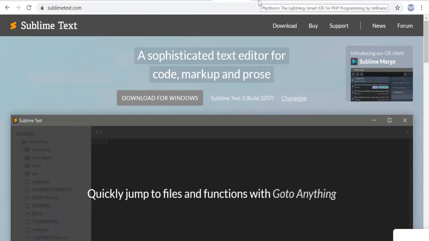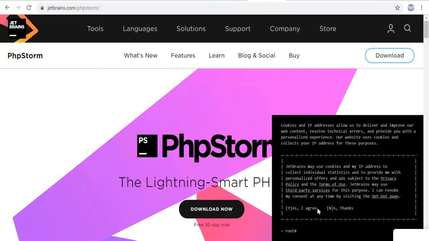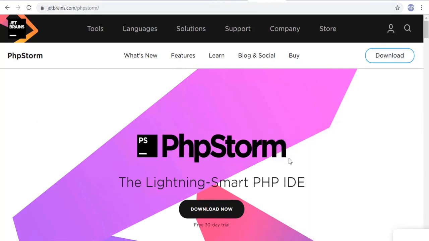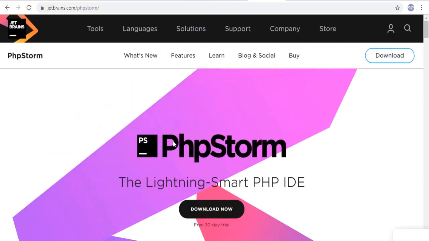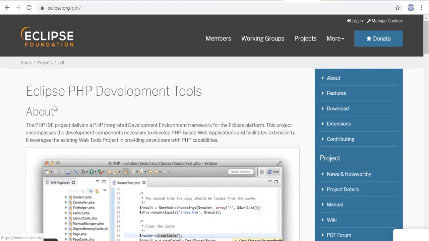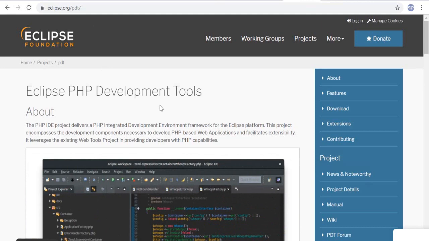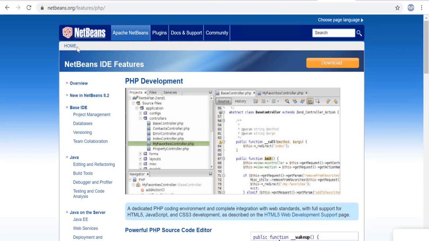And for IDEs, there's a paid version called PHPStorm. I typically use PHPStorm for my projects when I want to build a web application, and PHP is my server-side coding, so I tend to use PHPStorm. In this editor, you can even write HTML, CSS, JavaScript and many other things. This is basically an IDE, and there's one more free IDE that you can use, Eclipse. All these links I'll give you so you can go ahead and look at them. Eclipse is again one more famous IDE tool that you can use for web programming. Apart from Eclipse, there is one more IDE called NetBeans.